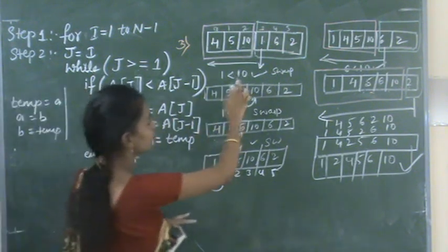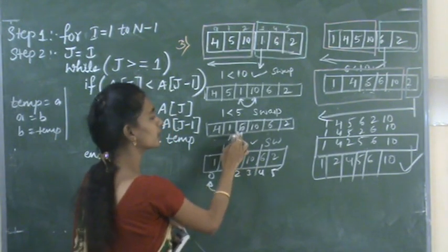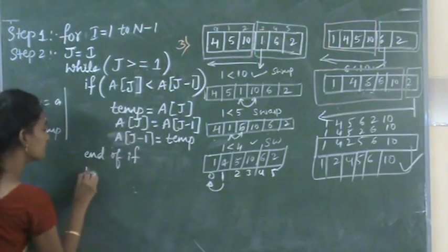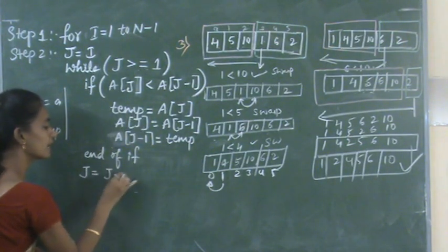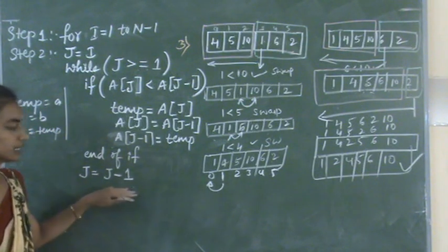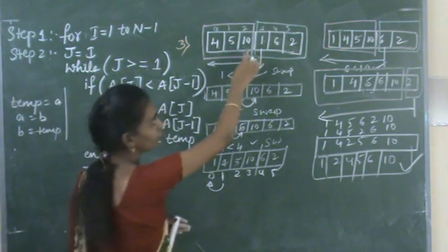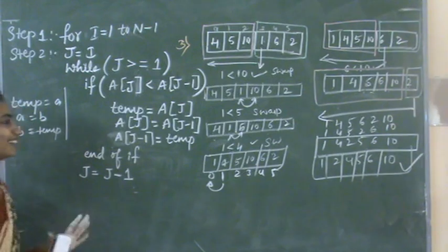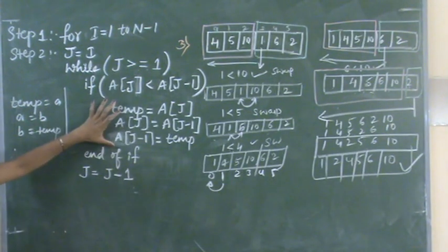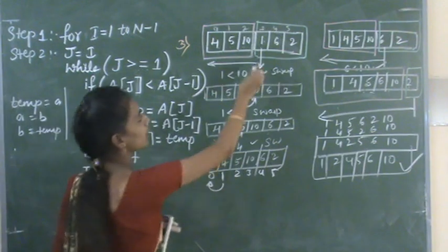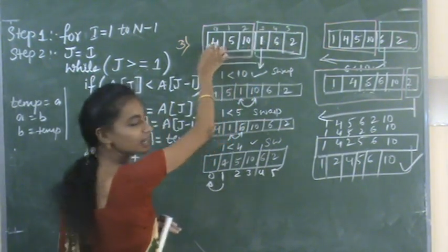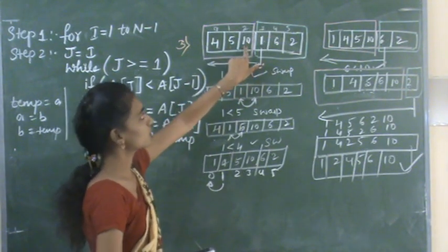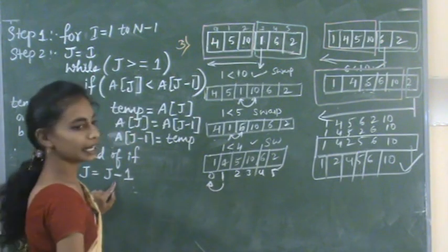If it is more than one element like this, what are we doing? Again we decrement the j value and then compare, right? So this becomes j equals j minus 1. Why is it doing this? Suppose in the first case we are assigning only one value, so we stopped here only. In the next case, this 1 is compared to all the remaining values, so for that we are decrementing the j value. Initially it is 2. After decrementing it becomes 1.